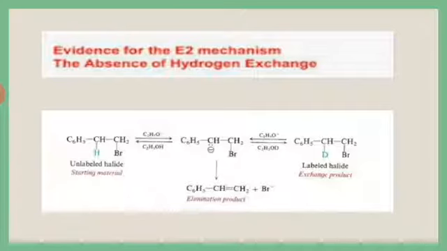Let us consider the carbanion mechanism. We know the E2 mechanism is a single step reaction. Then what do we mean by the carbanion mechanism? It is the mechanism where the base abstracts the hydrogen and the carbon gets the negative charge. If there is no rearrangement, then the halogen atom will leave and a double bond is formed.